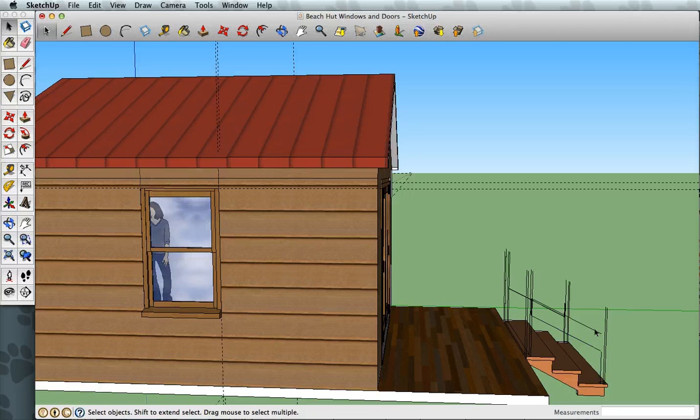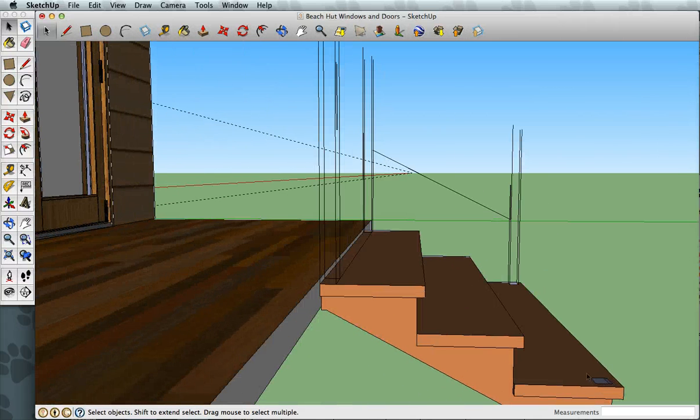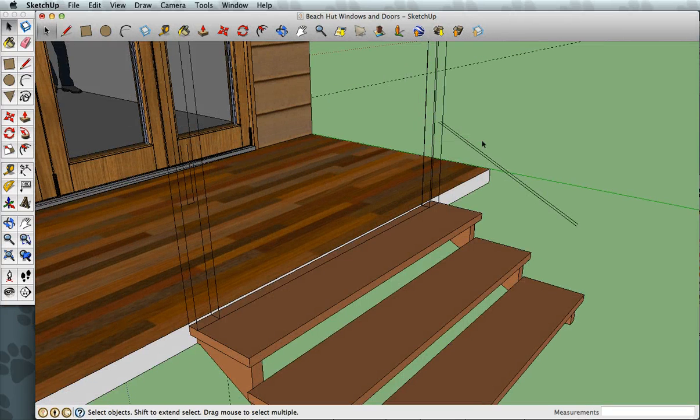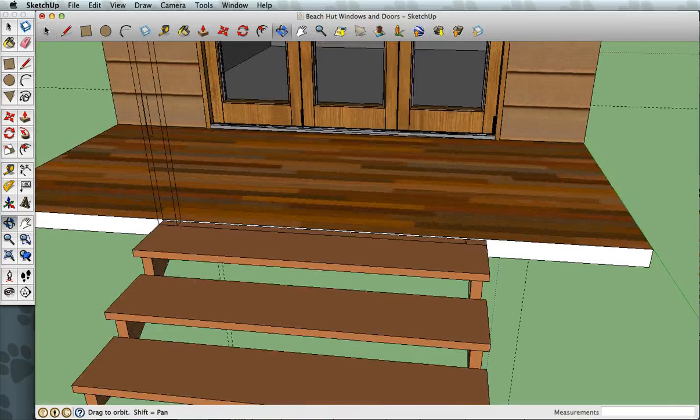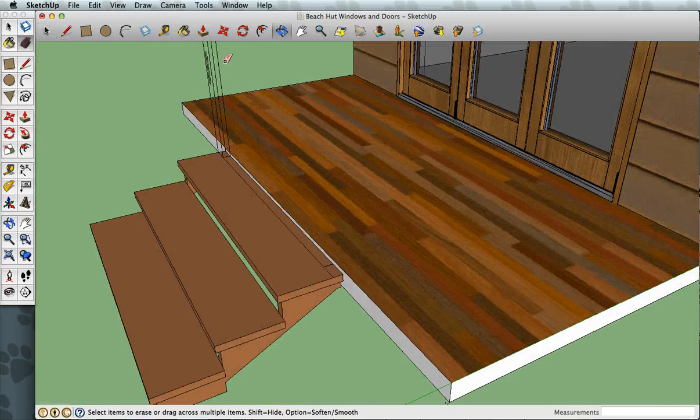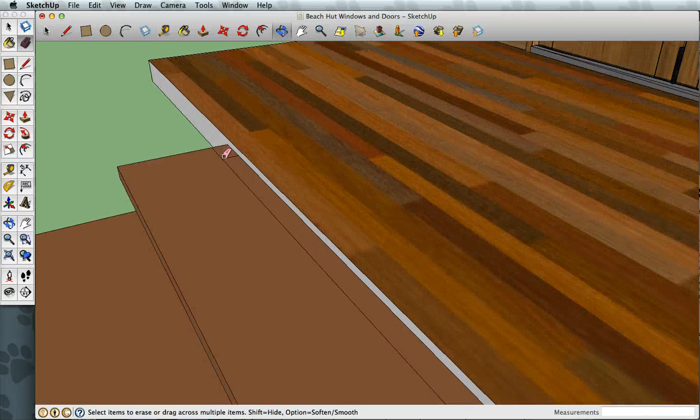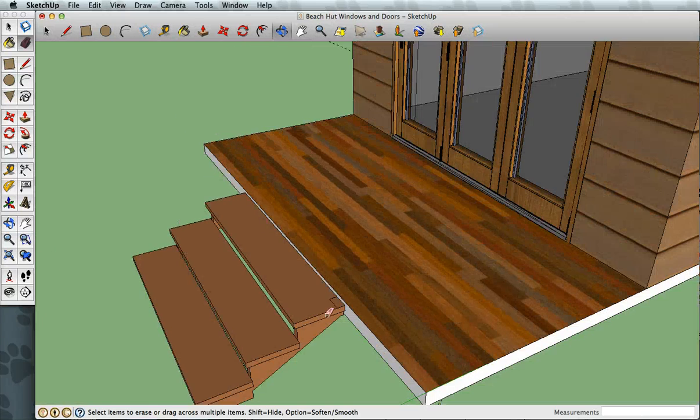Now the closer you get to the steps, the more careful you need to be to make sure that we're deleting the correct lines, otherwise you can make life quite difficult for yourself. Obviously if you do something wrong, you can always just undo. In fact, if I go on the erase tool, I can just brush it across the lines, and if you hold it down, it will actually delete all the lines. So that gets me to somewhere